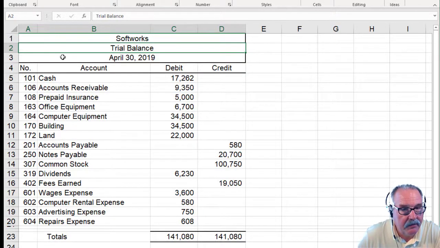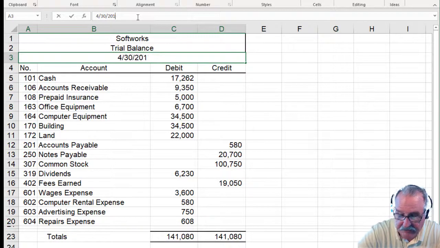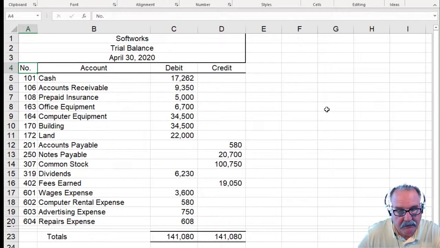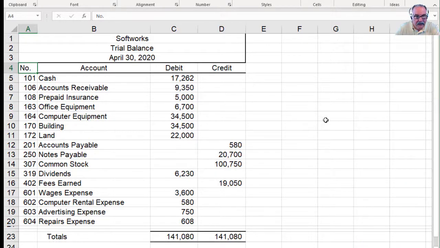and I've got April of 19. I'm going to change that to April of 2020 just for grins. And I'm not going to go through preparing the financial statements step by step. Again, I hope in Accounting 100 you had the opportunity to do that many times. But I do want to give you a picture that you can use for practice purposes. But I don't want this video to be too much longer. So anyway, if we put the financial statements together,